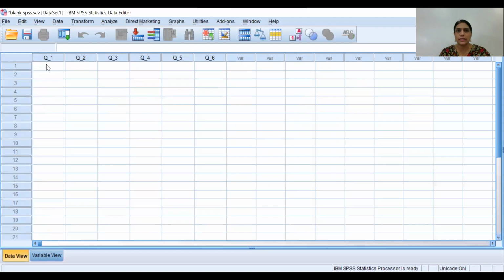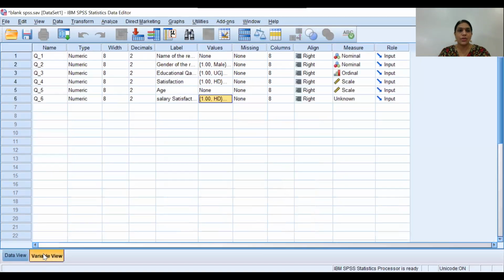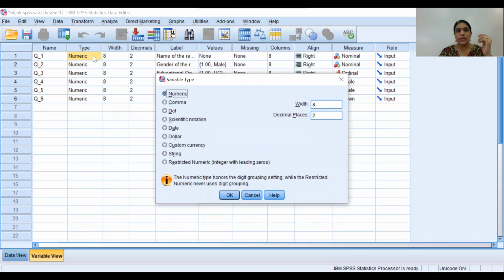Now the first question is name. I'm entering my name, and I know that it will not display. Yes, you can see that I have entered my name, but once I use this button, it is disappearing. One more time I'm writing Dr. Mamta. Let us check if it is visible. When I click on the second column, it disappears. You know the reason why? Because here I have used the numeric data type. When you want to enter alphabets, you have to change from numeric to string.